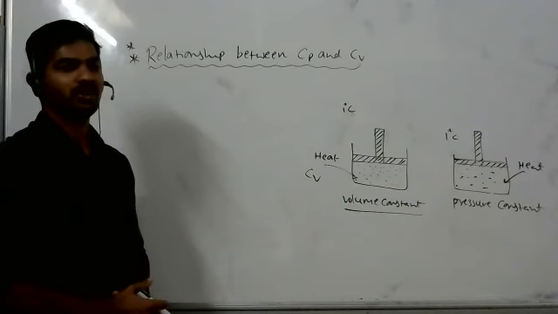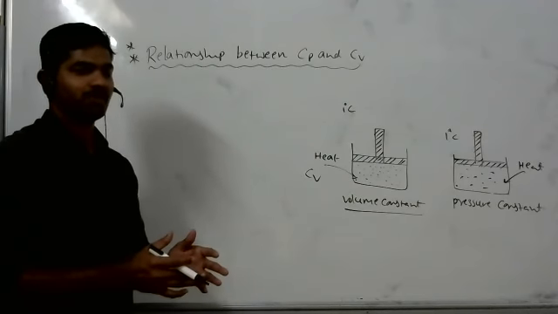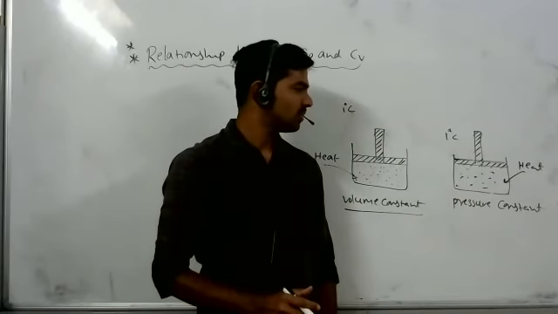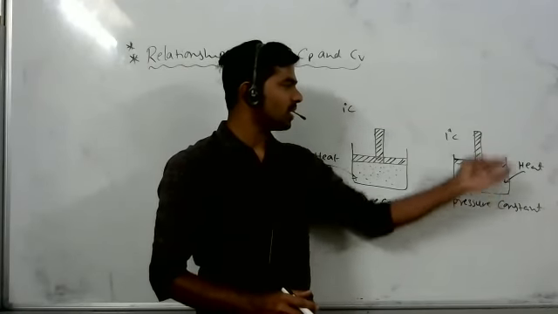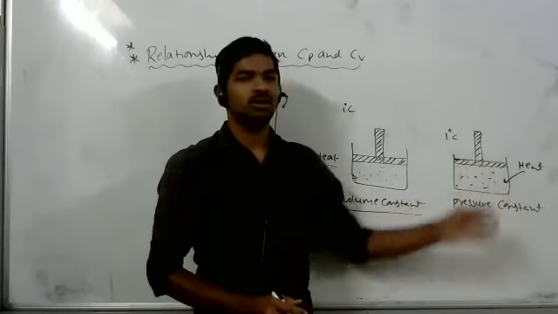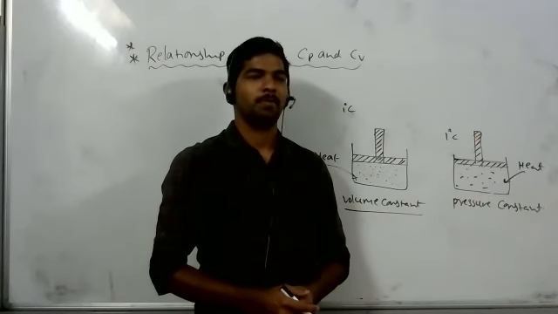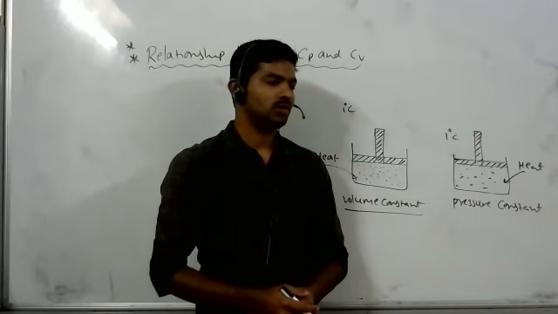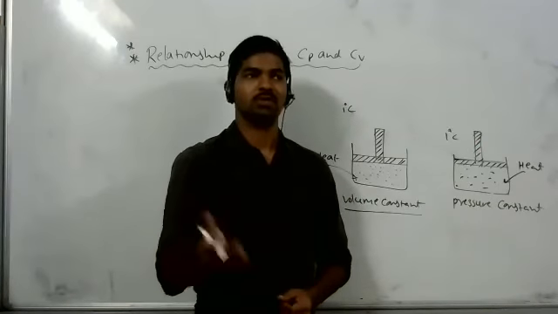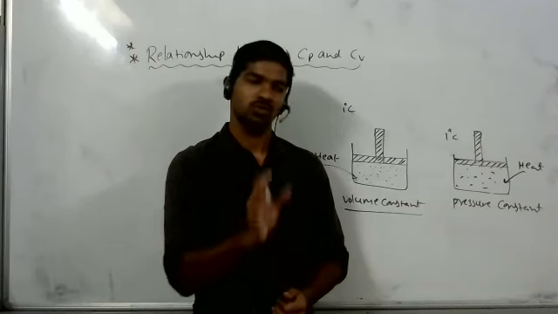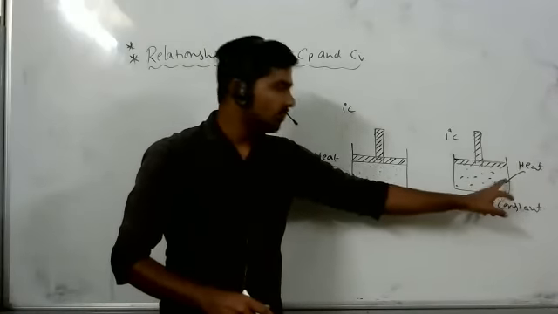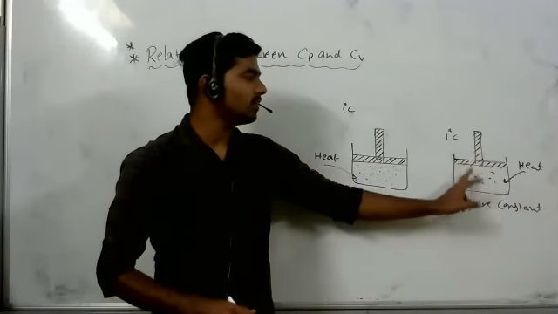Fix that piston. If you do that, the pressure becomes more. But in constant pressure, we are maintaining the external pressure constant. Then here the piston is moving up because the gas is expanding, where heat is supplied. Obviously, the piston is moving upside. It is not zero external pressure. We are maintaining some pressure, 1 atmosphere, 2 atmosphere, not zero. If you keep zero, then work done will become zero. That's not allowed. We are maintaining some amount of pressure. Anyhow, here we are supplying heat for the purpose of raising the temperature of a gas by 1 degree centigrade.